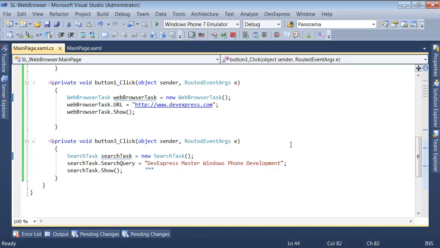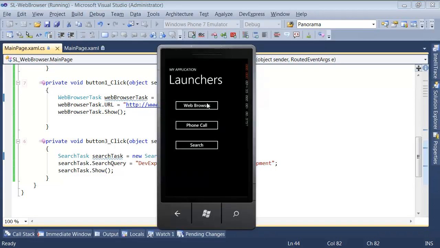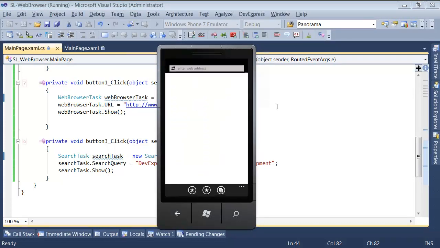And then for searching, same concept, right? So we create a search task object. We use the search query property. We pass in our search criteria, and then we hit show, and it does the rest. So we go ahead and fire this off. So we've got our three buttons, and for starters, we'll do web browser. So if I click that,